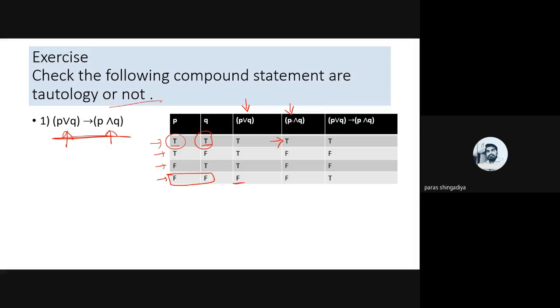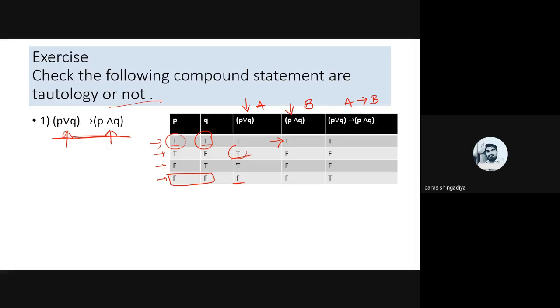Now we have to apply the conditional to both brackets. Let us call the first one A and the second one B. In the last column, we'll check the answer for A conditional B. So what are the possibilities in if-then conditions? If the first is true and the second is false, where A is our first statement and B is the second statement,